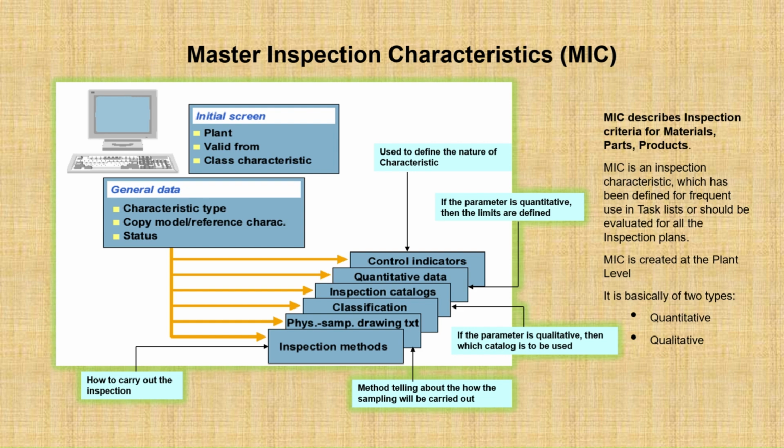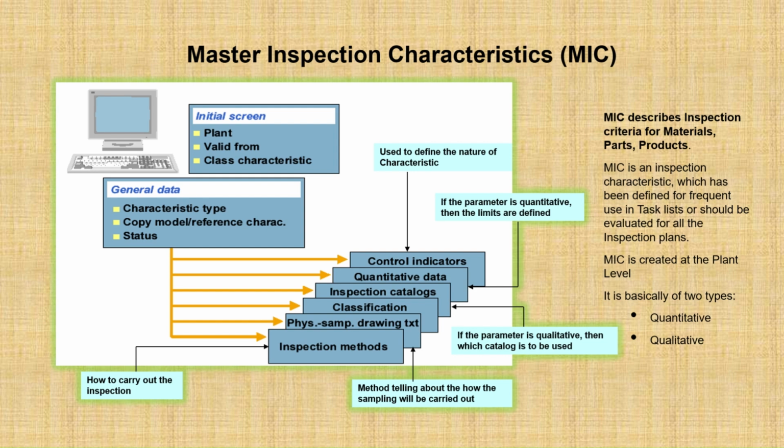I'm doing an inspection on a material, then there is some property on which I'm doing the inspection. What will be the specification for that? Okay, in SAP, we normally call it a MIC, in short form, Master Inspection Characteristics. We're creating a master data for all the characteristics, because the same characteristics can be used for other materials also, like